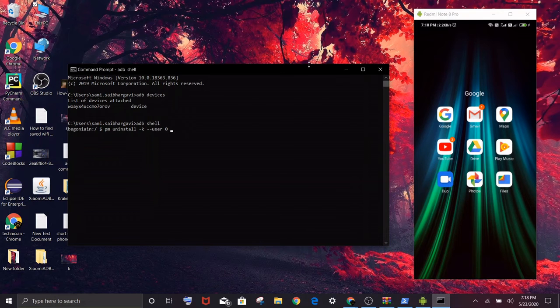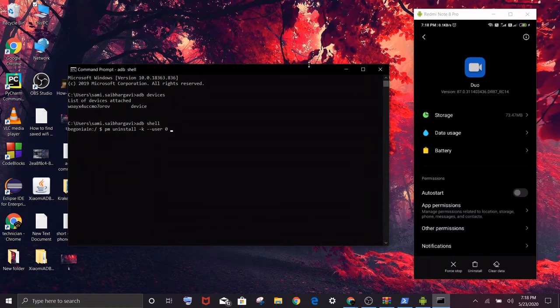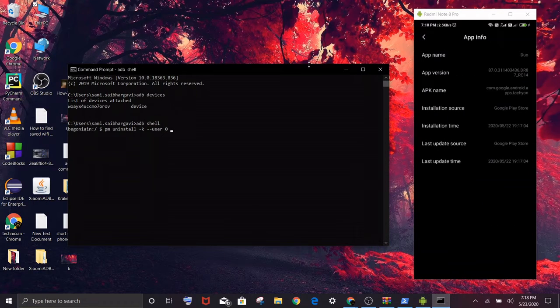So suppose you want to delete Duo from your mobile, select the Duo and then go to app info and then there will be the APK name. This is the package name of your Duo app.